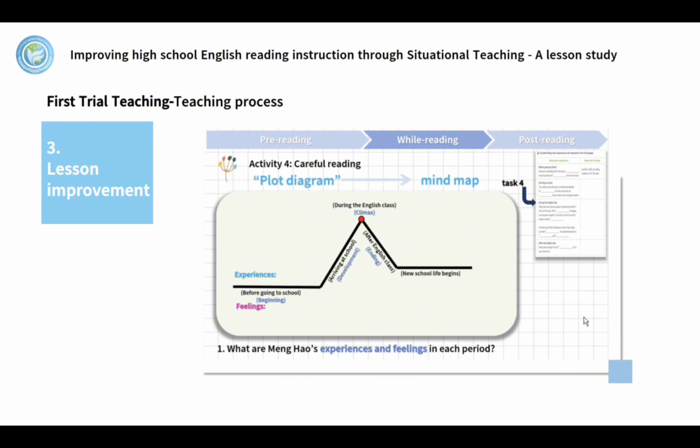And then the students can learn this plot diagram tool and learned to use the plot diagram to sort out the text framework and the logic, with the teacher guiding the students to complete the mind map independently.